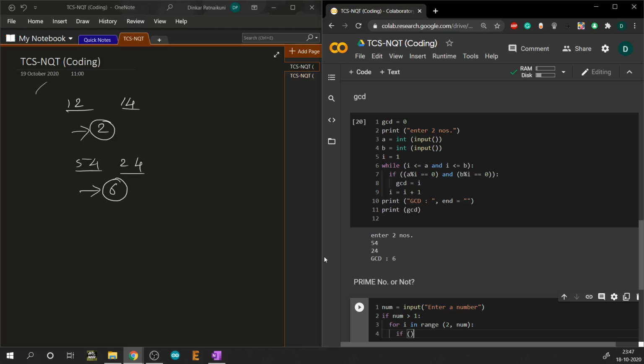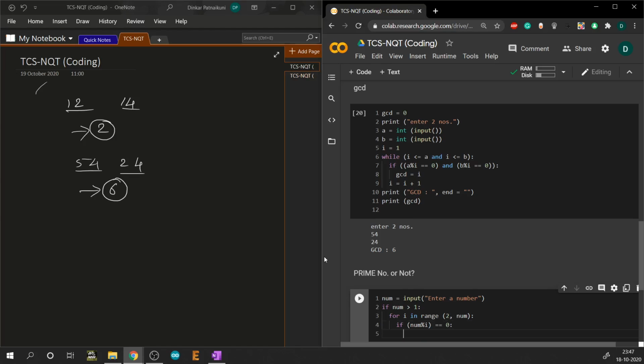In this, we're going to check if the given number leaves any remainder. If it doesn't leave a remainder, it means it is not a prime number. So straight away we're going to print that it's not a prime number,